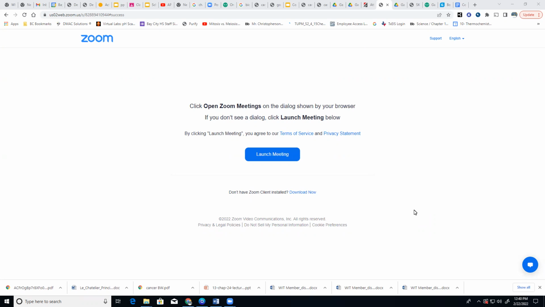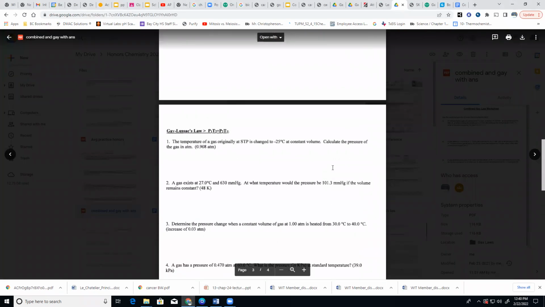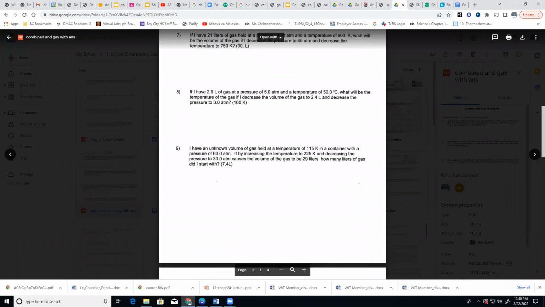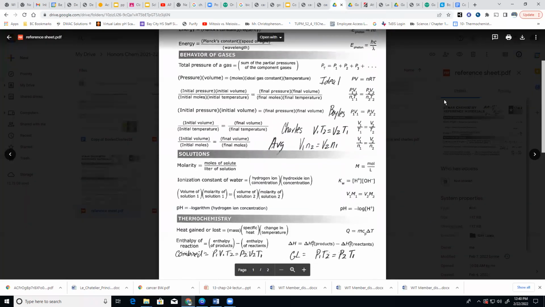All right. So this unit is not too hard. Just really filling in formulas. Most of the formulas have 4 variables, and so you'll know 3 and solve for the last one. So this is the formula sheet that I was talking about. So today we're going to be looking at